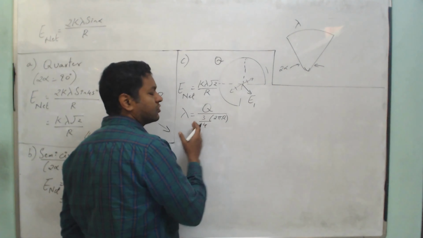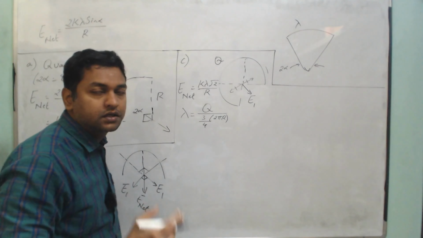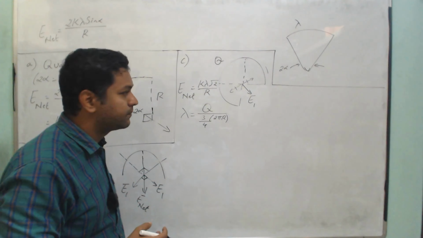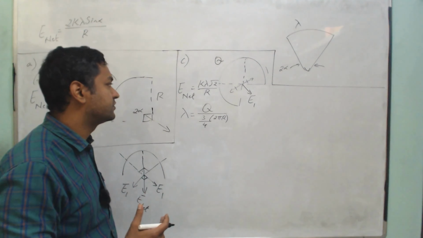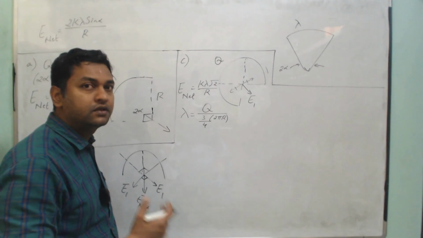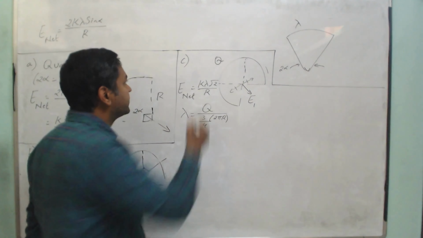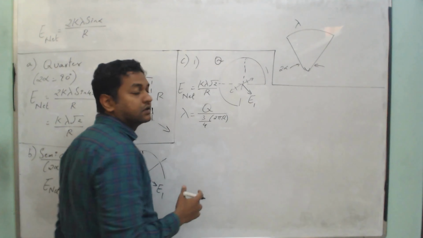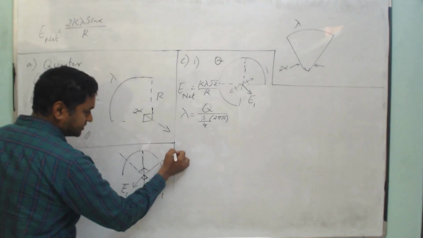So yesterday we saw that we can substitute this and we got some 2 root 2 by 3 pi R square, right? Today we are only looking at the application of lambda, why using lambda becomes more easy, right? This is the first way. I can cancel these two quarters, and the second method, which we discussed yesterday,